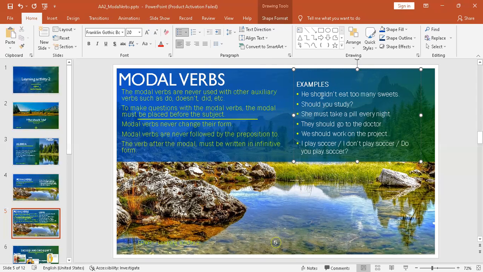En este caso, no. Con el verbo modal, no. Yo puedo negar directamente el modal. Entonces yo digo, bueno, ok. Una recomendación que yo les haría a ustedes, ok, you should start working.